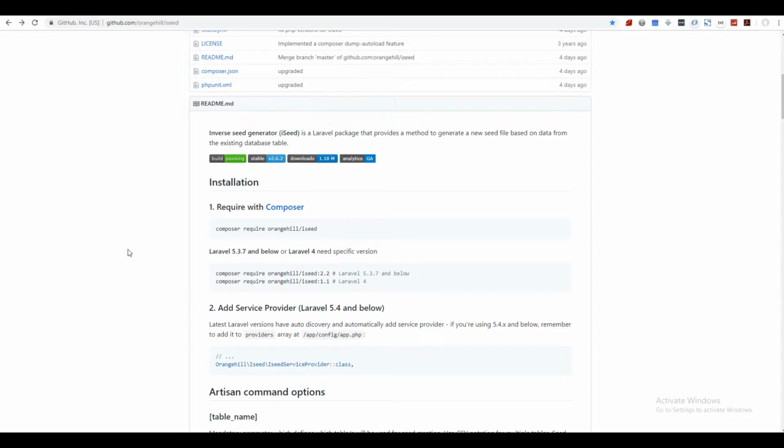Now I have already installed it on my Laravel. I'm not going to walk through how it's installed. You'll go through the Orangehill iSeed page. I'll drop the URL in the description section below, so you can go there and check it. So you have require,